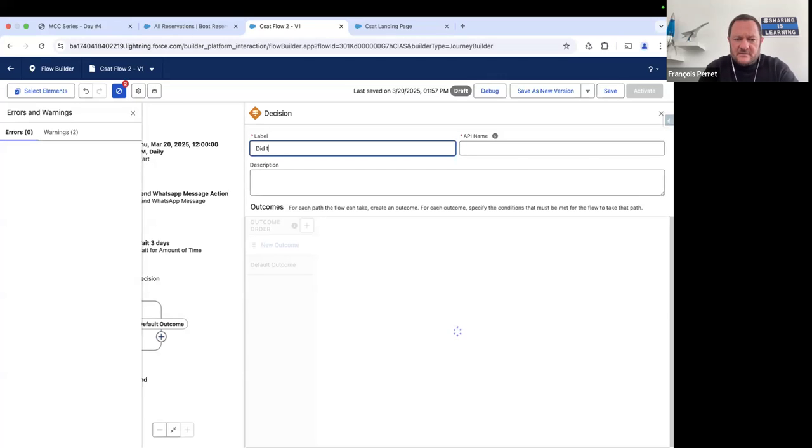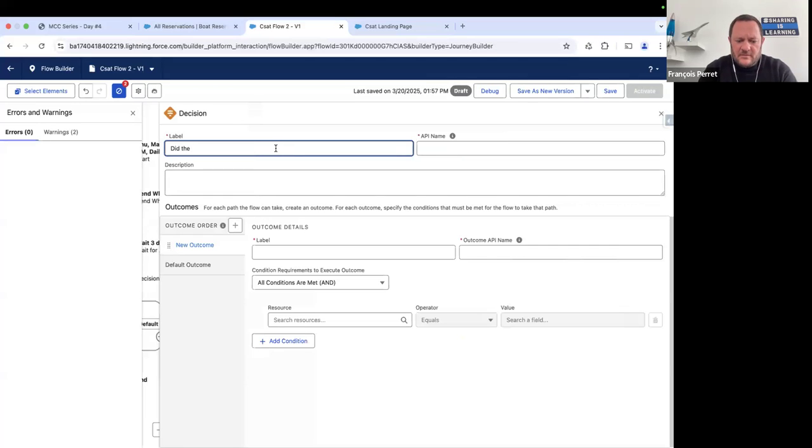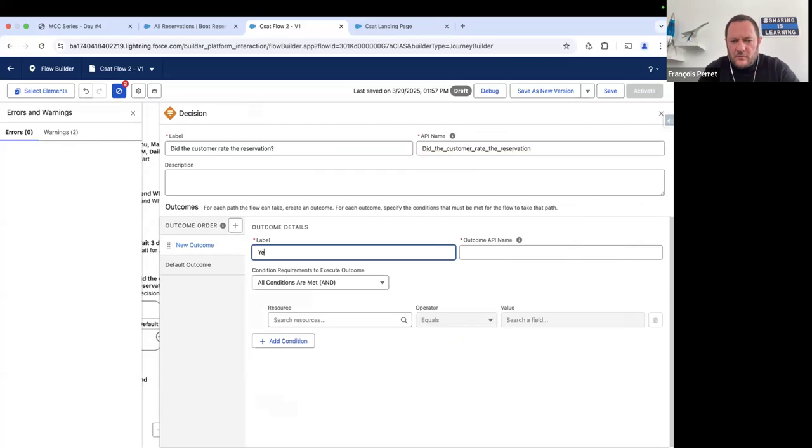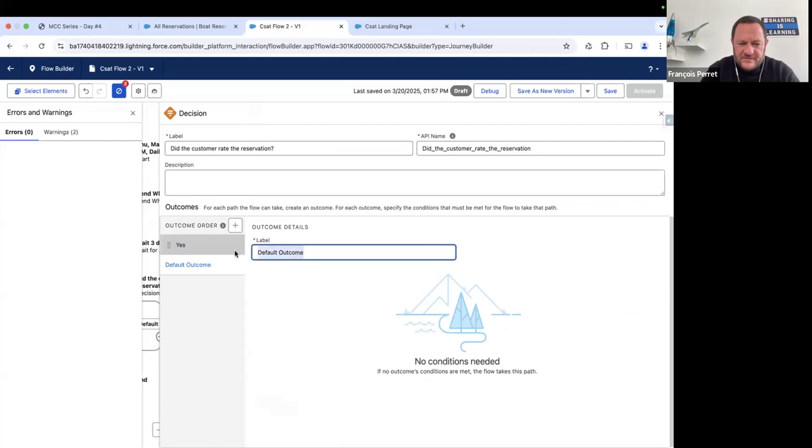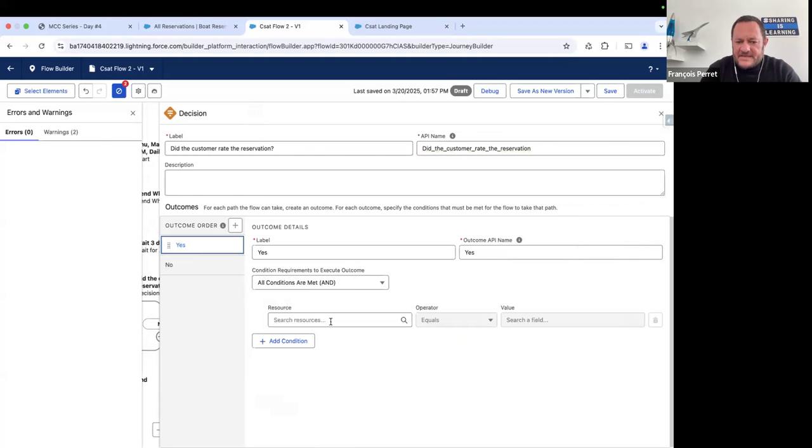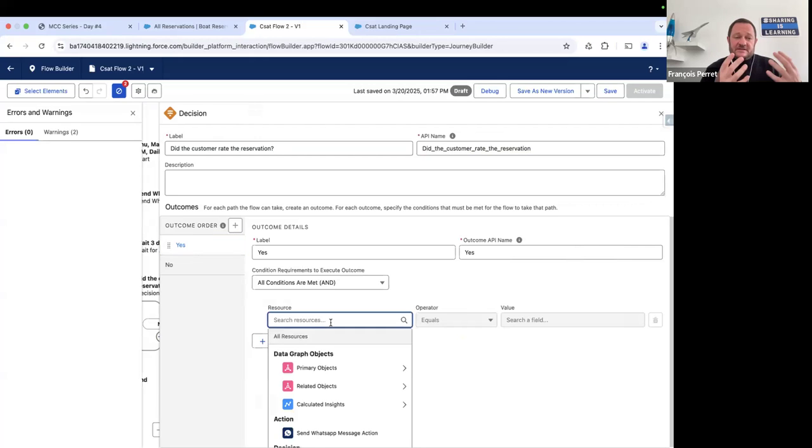Let's call it "did the customer, for instance, rate the reservation." Okay, we'll give it an API name. The new outcome will become yes, and we will add the criteria just here, and the default will be called no. Okay, and in the yes, we will select inside our data graph, and this is why it is very